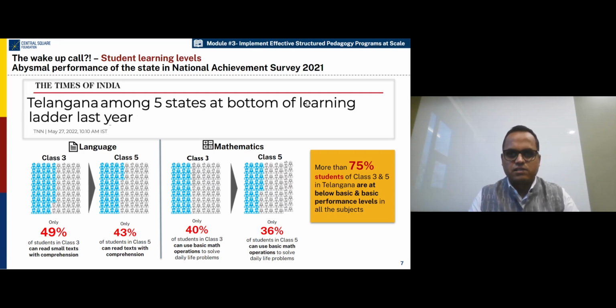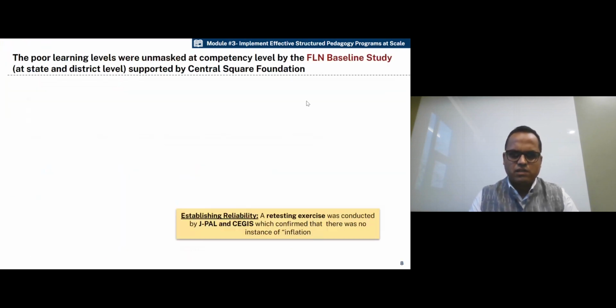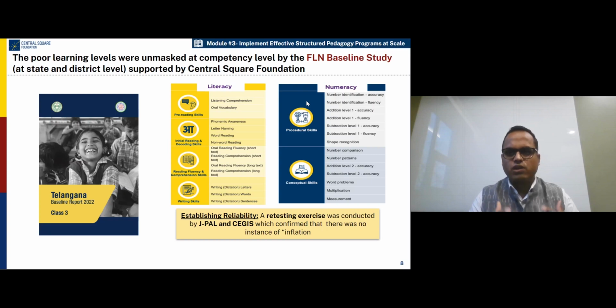That really served as a wake-up call for the state, where they realized that only 49% of their children in class 3 can read small text with comprehension, and only 40% of children can use basic math to solve daily life problems. While this was in itself a matter of concern, the state government wanted to understand these issues on their own, and that is a very important aspect where the system feels that it needs to understand the issues and the problems, and for this undertakes a diagnostic exercise along with the support of technical partners such as